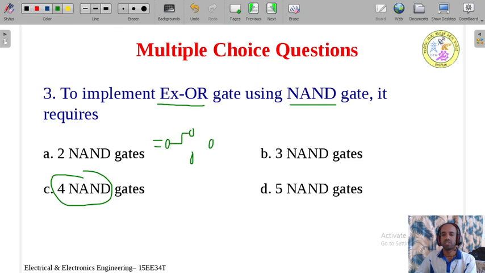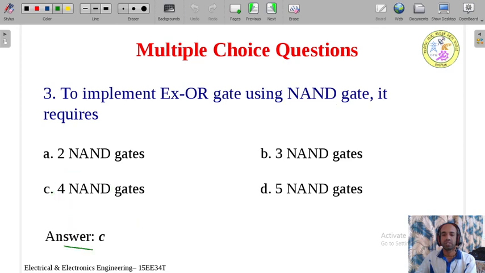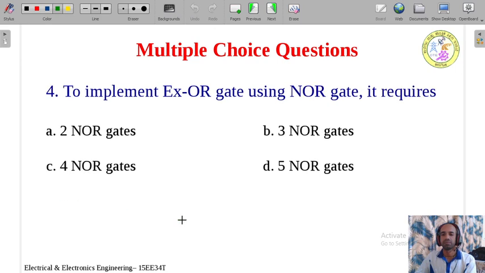The output of the first gate is connected to these 2 gates, and these are connected to the final gate, which gives the final output. This is how the structure is, so we can easily remember it. This is input A and this is input B. So it requires 4 NAND gates. Therefore the correct answer is option C.